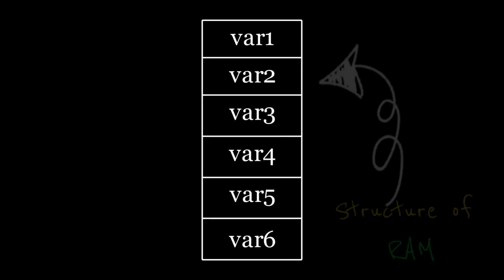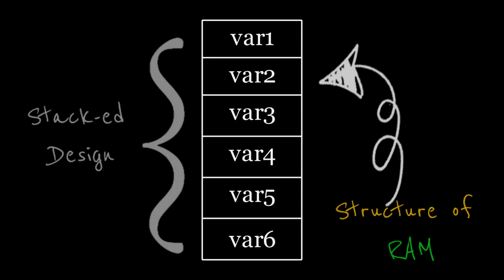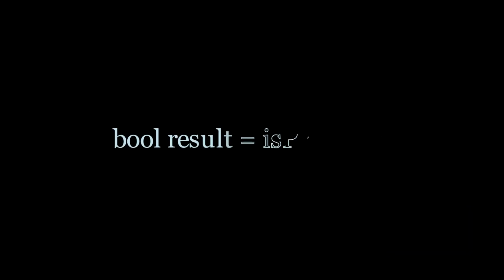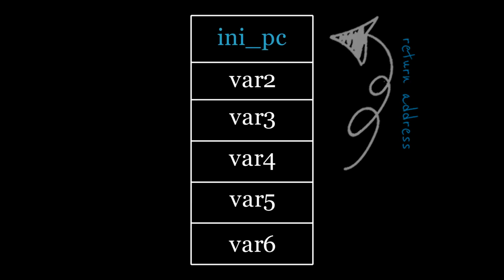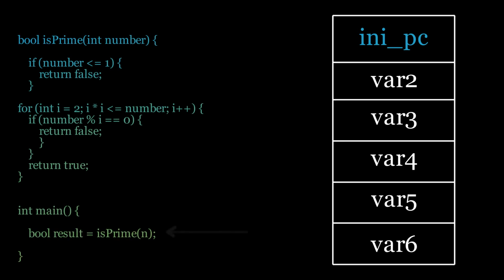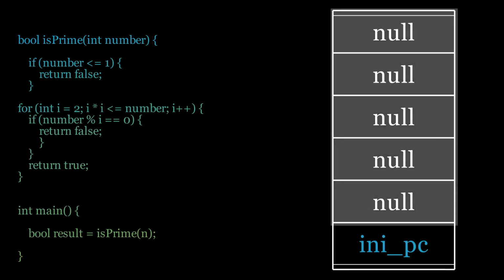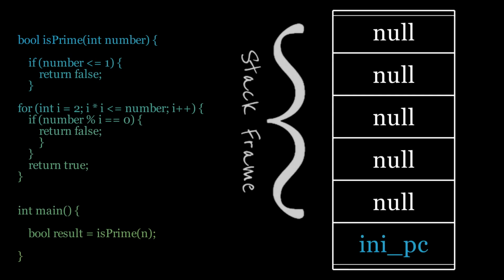Now let's look at the structure of RAM. It is a stack design containing memory addresses. Whenever a function is called, the CPU stores the return address onto the RAM and sends the flow of control inside the function. Now the program creates a region of space above the saved return address, and that is called a function's stack